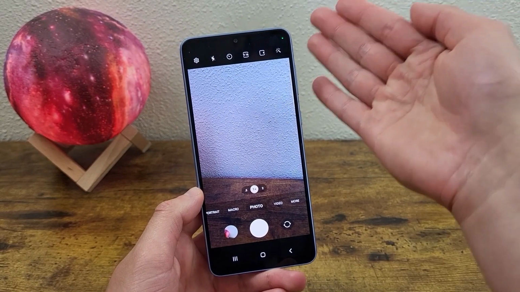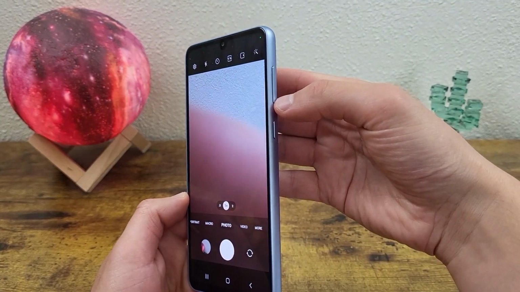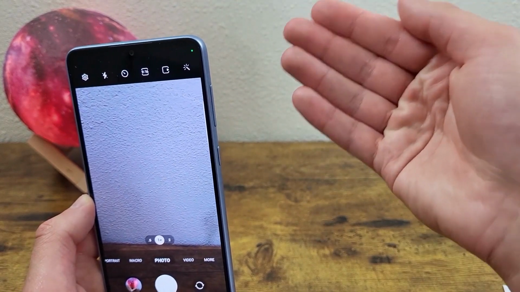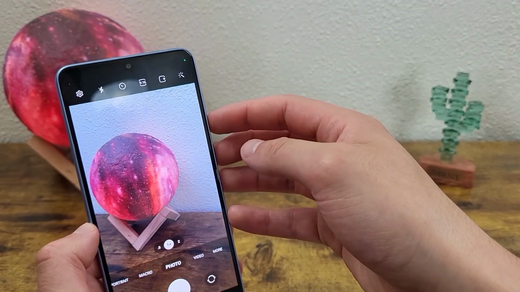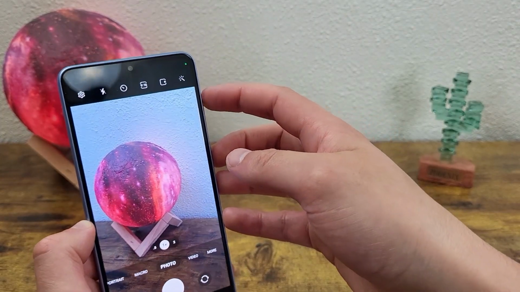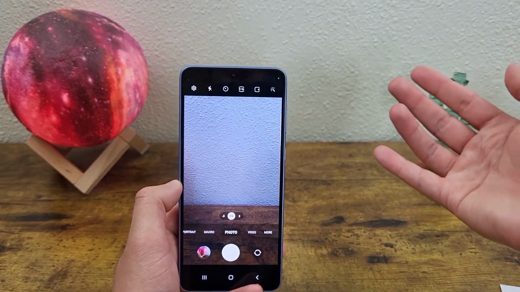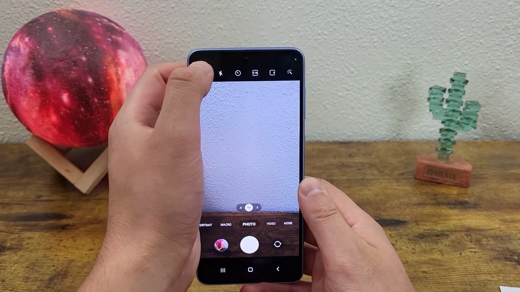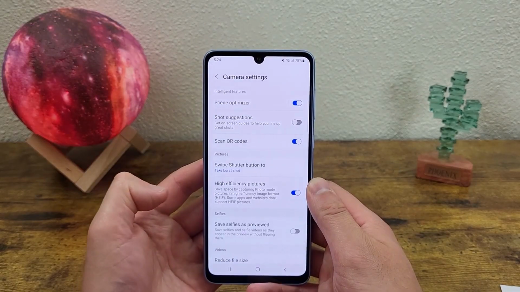Now I'm going to show you a couple things you can do with the volume keys. By default, when you press either of these buttons, it's basically going to do the same thing, which is take a picture. So volume down, volume up. Basically just a physical shutter button, which I personally do like, but you can change what it does by going to settings, go to shooting methods,